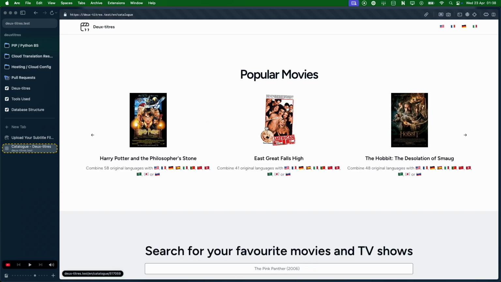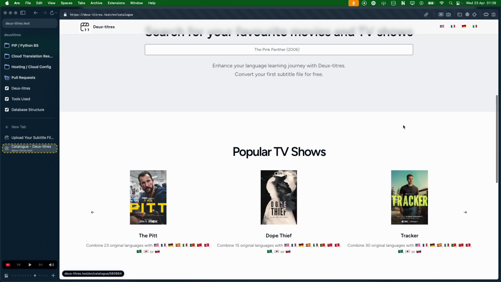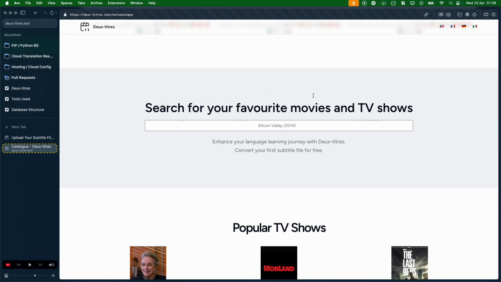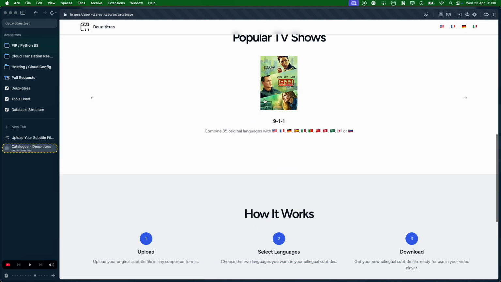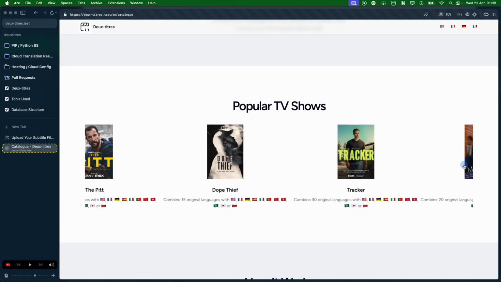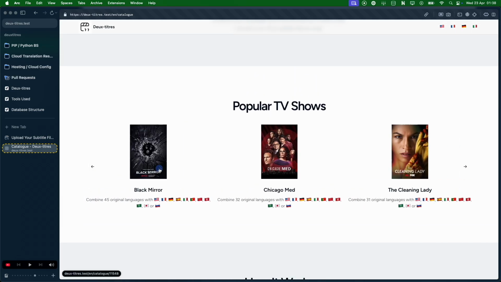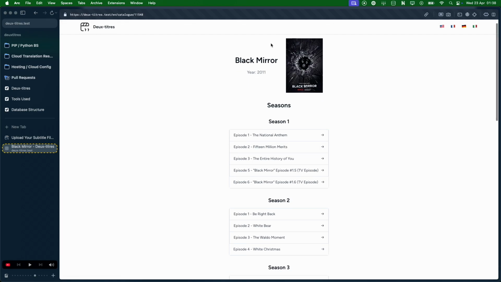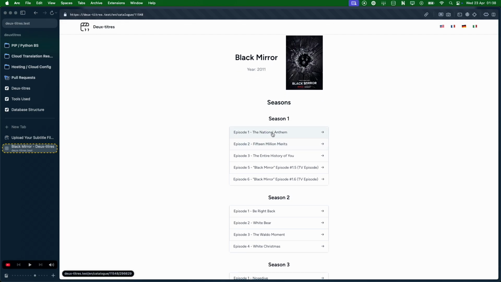On this page, we're now consuming information about popular movies, or at least movies for which accessing the subtitles of those movies is popular, if that makes sense. So not necessarily the most popular movies, but the most popular subtitles for a movie, and the same just below this search box, which isn't yet implemented. Here we can see popular TV shows. We can click through, Black Mirror TV show. Now, all of this information about episodes and about the poster image and the title and the year of the show, this is all consumed